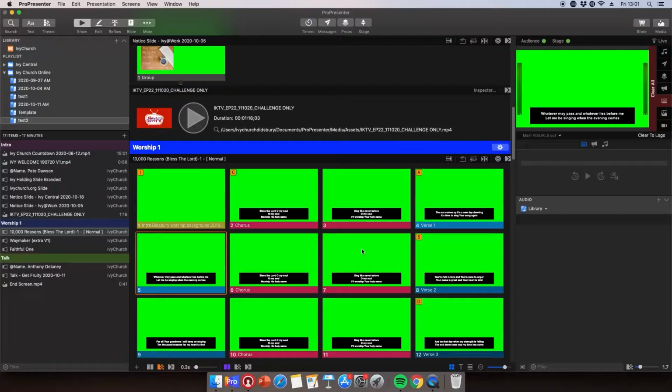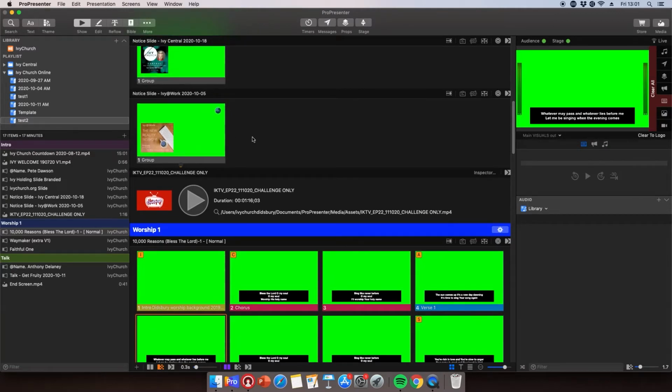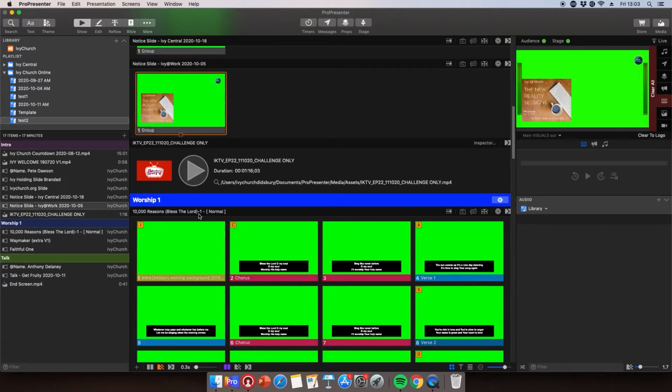And there are three kinds of scenario or points in the service where the stage display comes incredibly handy. The first is in a set of notices. So we'll look first at that, then we'll look at videos, and then we'll look at worship, and we'll note the things that are really handy about having this stage display for people who are running the service. So the first scenario is notices, where as someone who's hosted services, I can tell you it's really easy